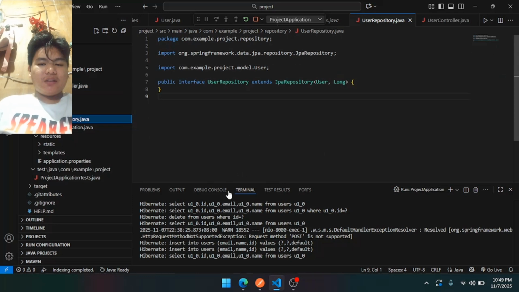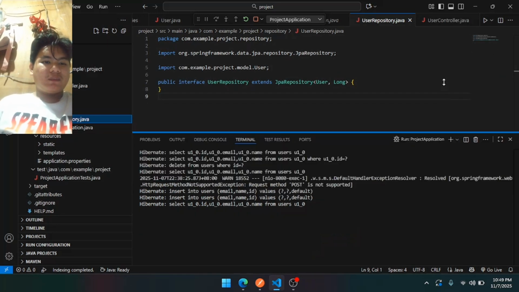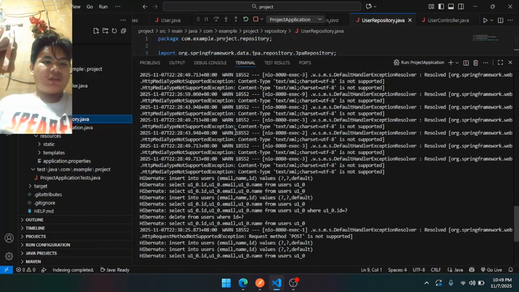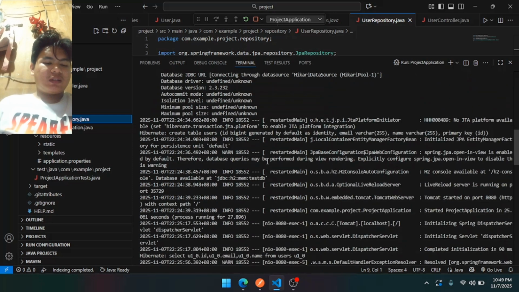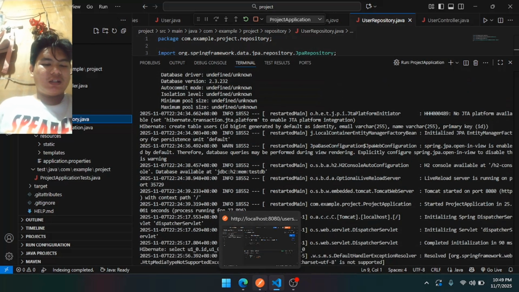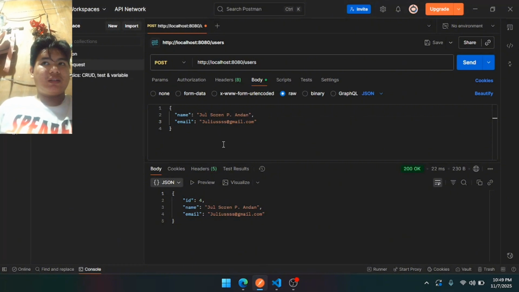I already ran the code, so Spring Boot is already running. Let's proceed to Postman. The first of the CRUD operations is create, which in RESTful is POST,